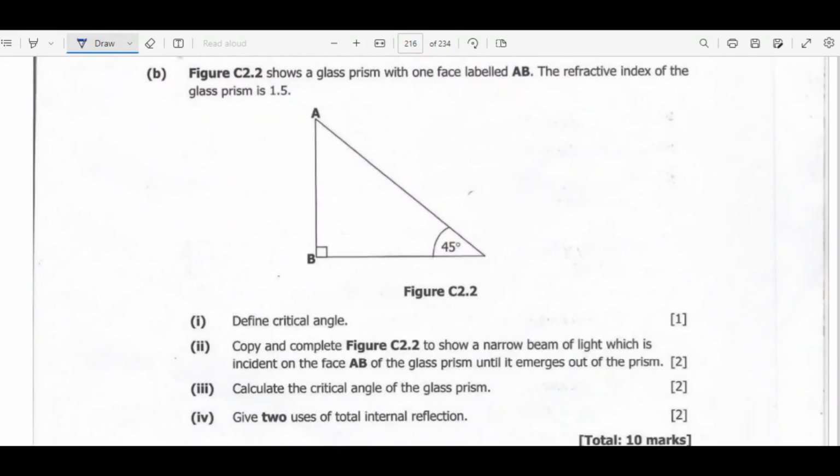So B reads, figure C2.2 shows a glass prism with one face labeled AB. The refractive index of the glass prism is 1.5. Then the first question is, define the critical angle. So the definition for critical angle is, this is the angle of incidence